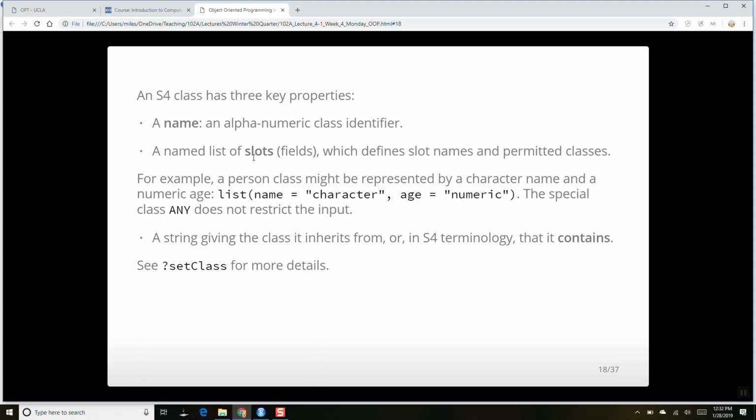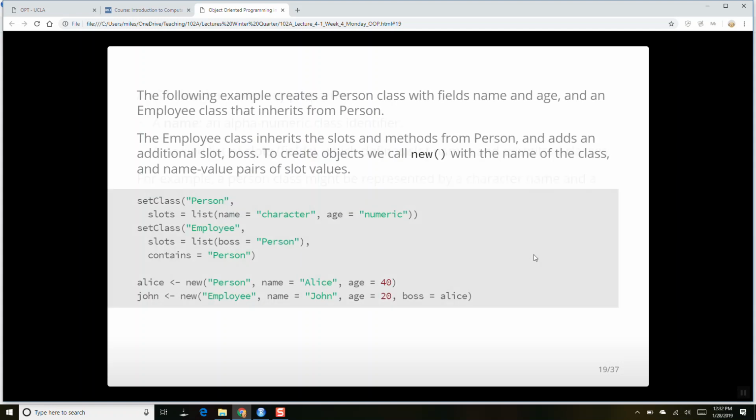We call it a formal class with fields, and then what class it inherits from.